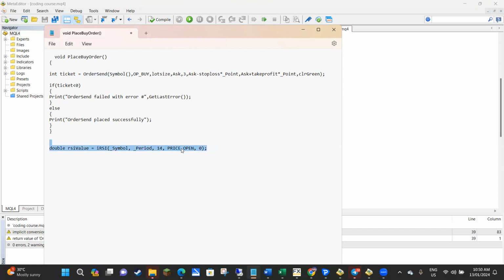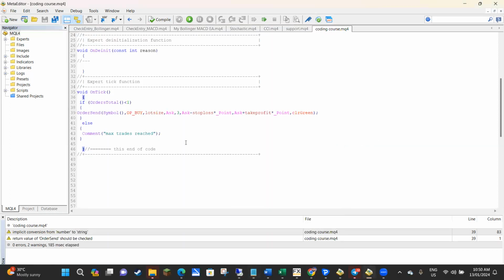Just a little bit of code I prepared here earlier so that I didn't have to type it all in. So now, this is another way that if statements work. At the moment, it's going to place a trade, and the only criteria required is that there are no current open trades. Obviously, that's not enough criteria to be a profitable trading strategy. But if we add in another criteria here, which I'll do in a minute,